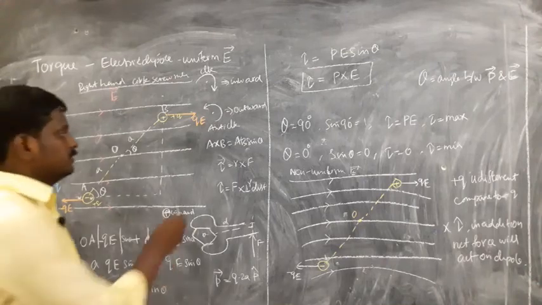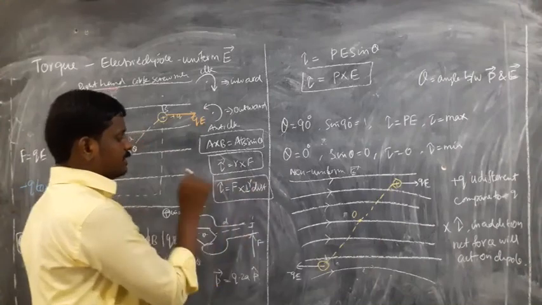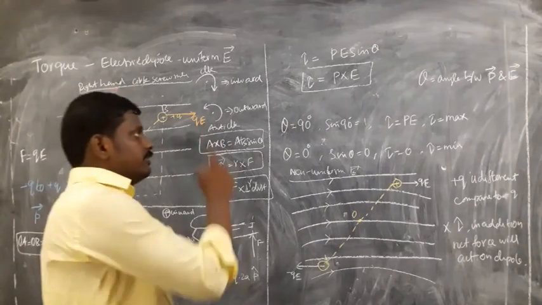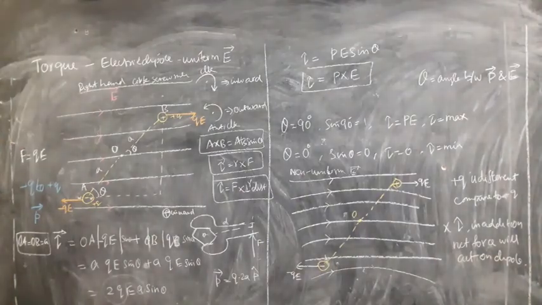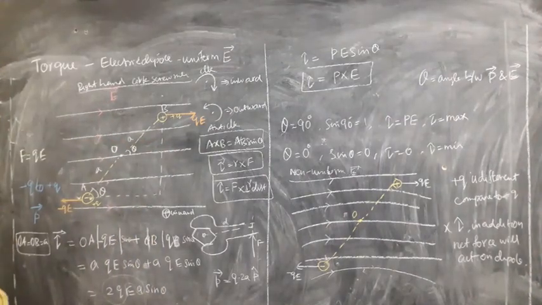Okay, fine. Some basic formulas I have written, from 11 standard and 10 standard. Now we are studying 12 standard physics, which is somewhat advanced. The torque produced, tau is equal to p cross E, that is pE sin theta. Then if it is placed in a non-uniform electric field, in addition to the torque we will get a net force.